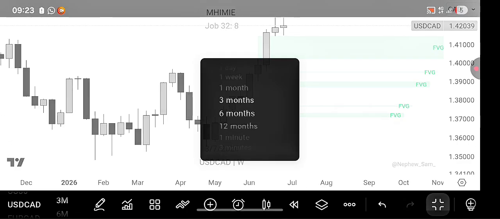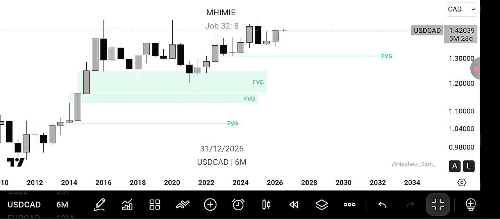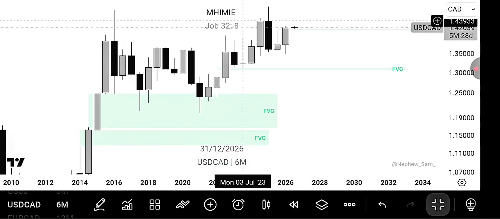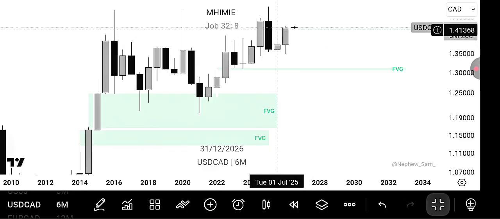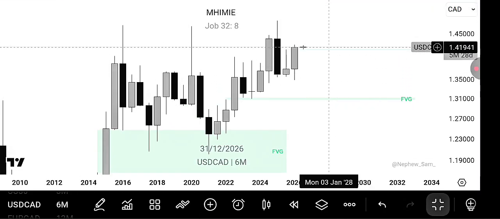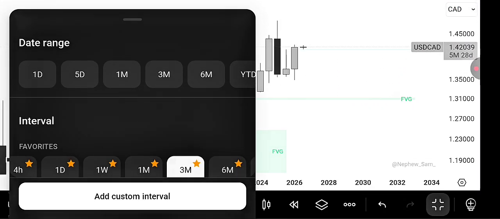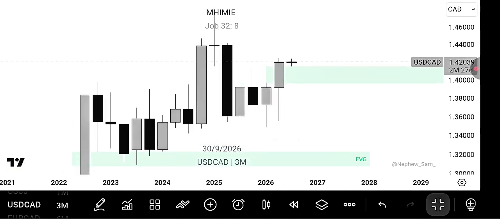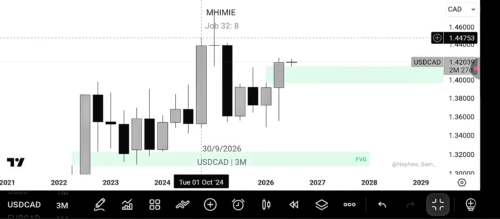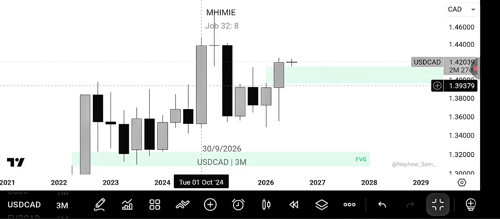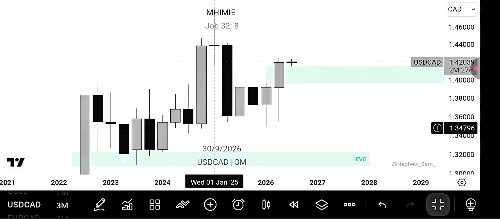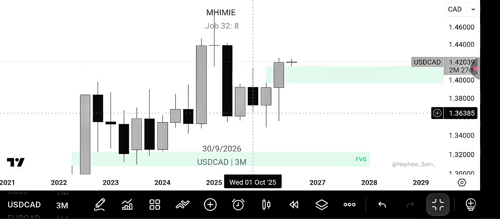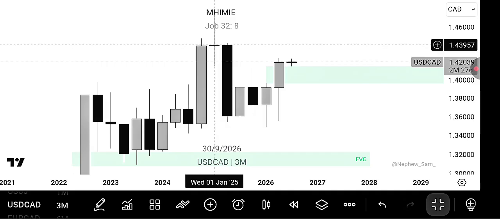Now USDCAD, on the 3 month time frame, we have price take out this low, closed with a body. Right, close with a body, so that's a good sign that we may be coming for the high as our primary drawn liquidity. On the 3 month time frame, we have this beautiful power of three. That's why direction is very important. The target is to take out this low, but price failed to take out the low, and price may eventually come for it, but maybe we are targeting this